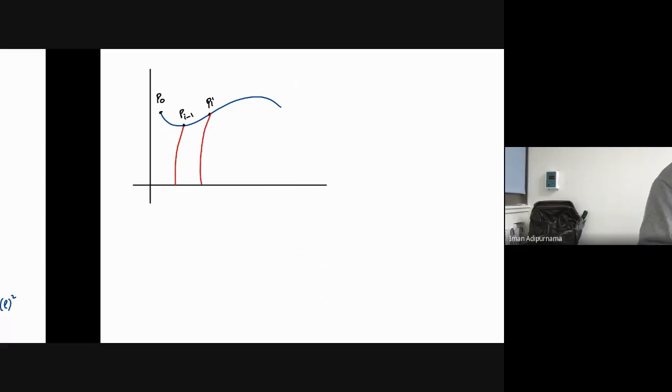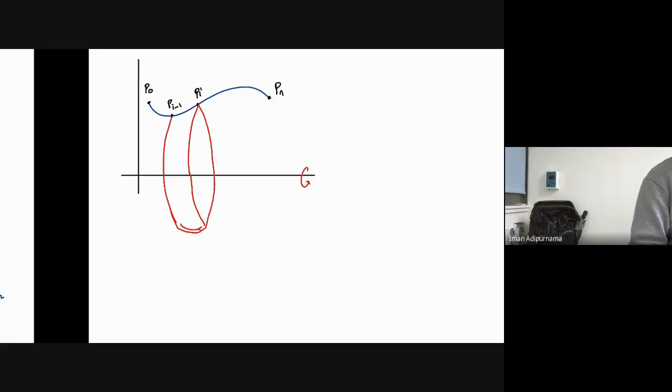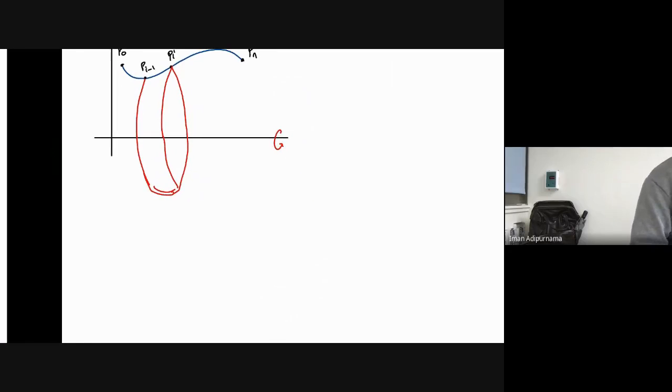If you rotate here, we will have this kind of surface, the frustum. And let's say we compute until Pn. And we set L as the distance between P(i-1) and Pi,